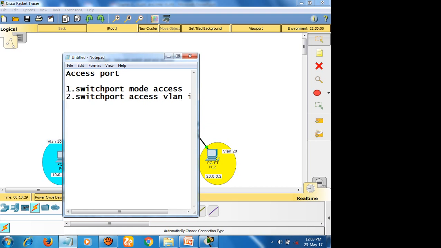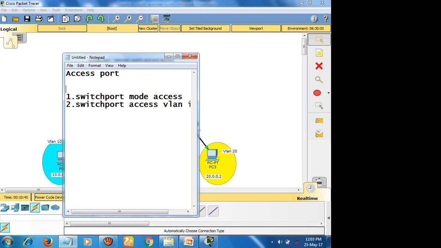Before giving these, we need to select the interfaces, for which interfaces you are going to configure the access port. That must be specified, right?